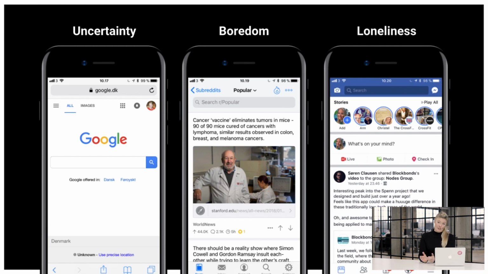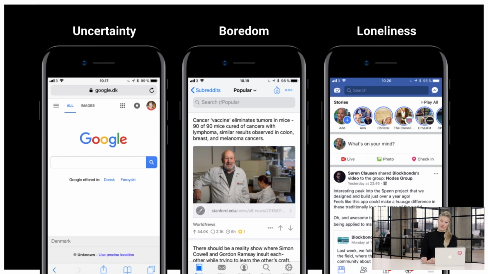And even if you feel alone or if you feel loneliness, social media and digital social media products are more likely to be used. So these are just examples of how internal triggers can have a very, very strong effect